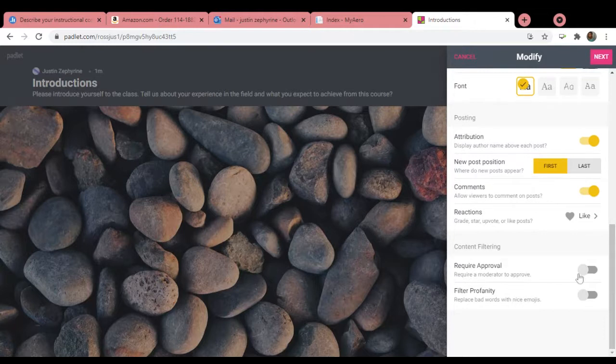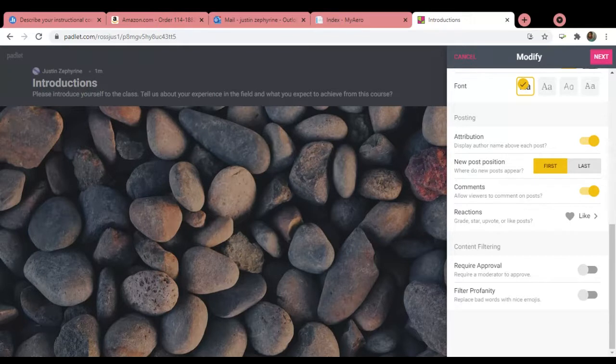Once we have that, we go a little further down, and this is where we get to filtering, or really managing your boards. Do you want to approve students' responses before publishing them, before making them public? I tend not to do that because it takes away from the realness of the board.